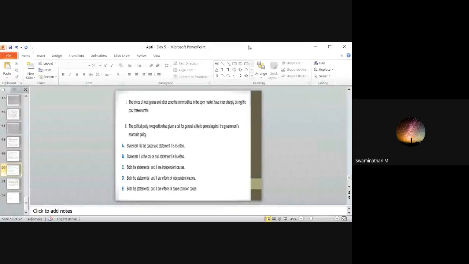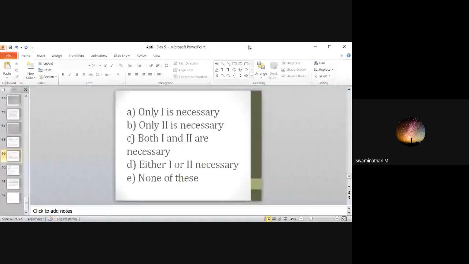Regarding verbal reasoning today, antonyms and cloze test, I think. For the cloze test, a paragraph or a sentence will be given, and the appropriate word to be filled can be asked. So fill in the appropriate word. And antonyms. Two sections are there for verbal reasoning today. Okay, and that's it for today's portion.